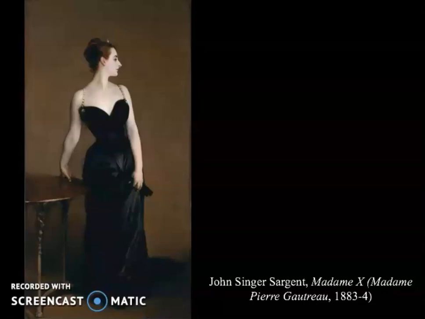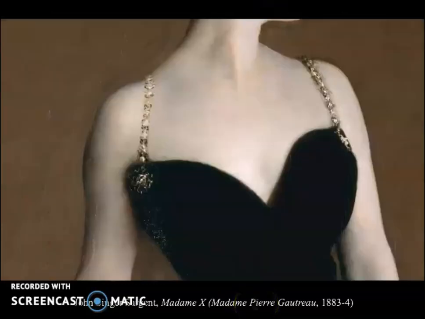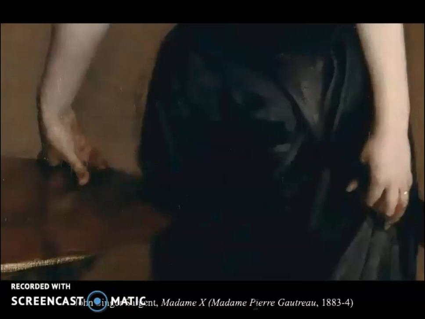himself. He begged her. It was not a commission. It was not something that was commissioned from the family. And he emphasized this sort of gorgeous, daring, sexual image, which is now called Madame X, in this painting. So you have this very sort of sexual image of her in this gorgeous black dress, standing